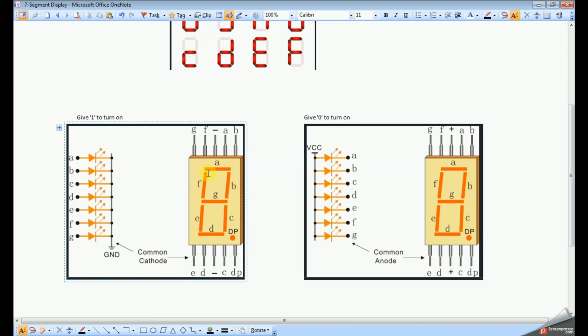So the particular segments like A, B, G, E, D should be connected to 1 and remaining should be 0 to turn on or to display number 2. That means if you want to turn on common cathode LED segments, we need to give 1.